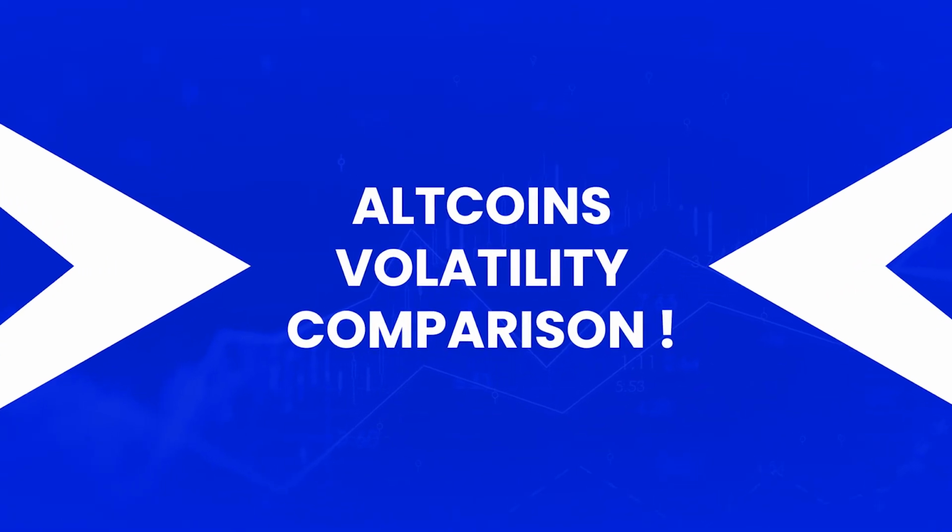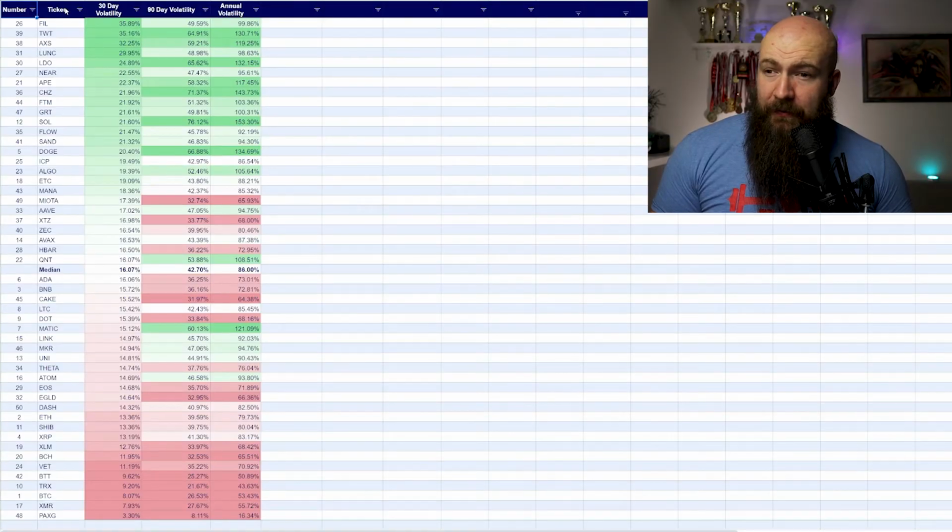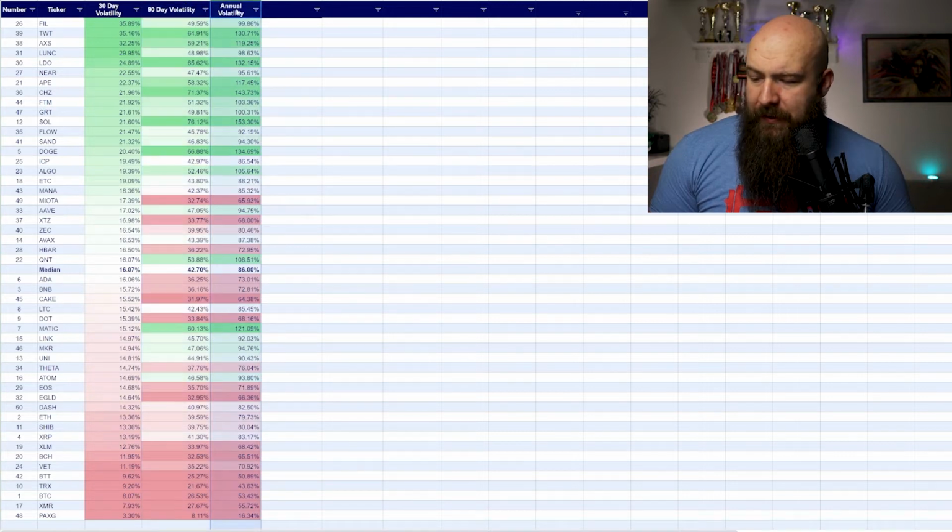Let's look into the charts. So this sheet is another piece of data that I wasn't able to find anywhere. You can look for the volatility of a specific asset, but I wasn't able to find a comparison chart or anything like this. So if you look at the sheet, you can see that the third column represents 30-day volatility, the fourth column represents 90-day volatility, and the last one represents annual volatility for a specific asset. If you check the numbers, you can see that there are huge variations of volatility between assets, and some of them might not even be relevant, like PAXG for example, since it's backed by gold, so obviously it will have much lower volatility, as you can see.